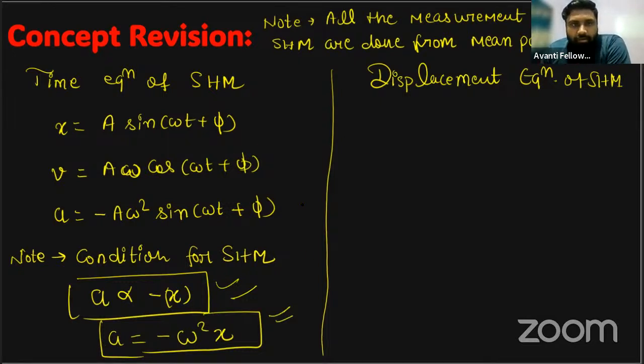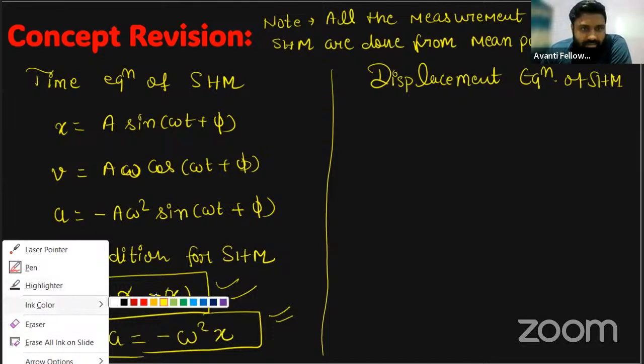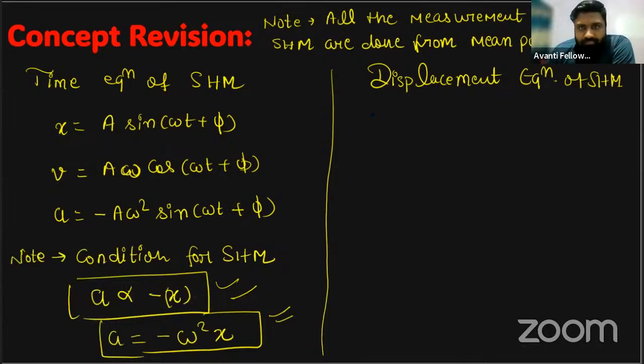Simple. Now, if I talk about the displacement equation, let me change the color here. So for the displacement equation, we have seen that force is equal to minus kx in SHM. If you apply Newton's law here, this force will become F equals ma, so acceleration will become minus k by m into x. Now, if you differentiate, or take dv by dt and calculate, the velocity will come out to be